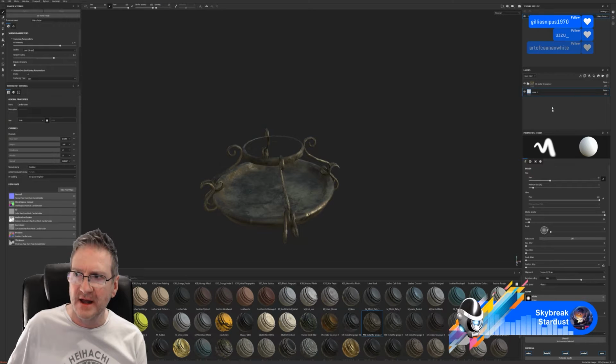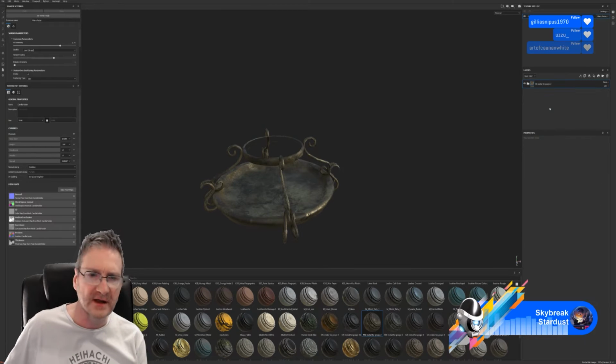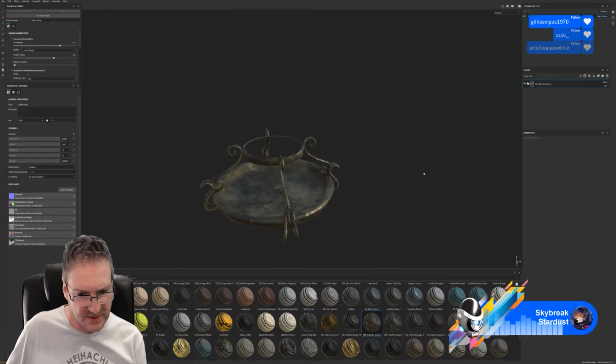Alright, let's just delete the layer at the bottom because it's just a blank layer Substance creates when it creates a new project.